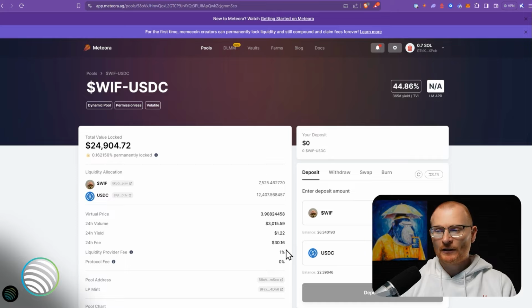For a meme coin, this is not really optimal because with the previous tutorial in Raydium, we were earning over 100% with SOL and USDC. So with WIF and USDC, my goal would be to enter and actually earn more. So we'll keep it here for this tutorial, and in another tutorial, we'll start to dive into vaults, farms, and DLMMs. I'll catch you in those tutorials.